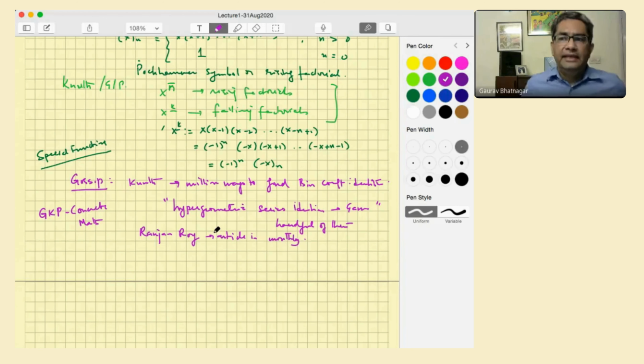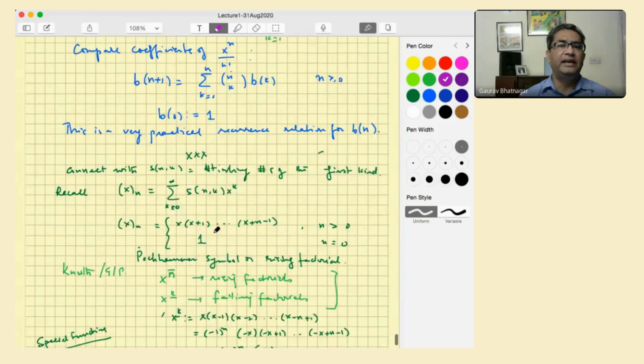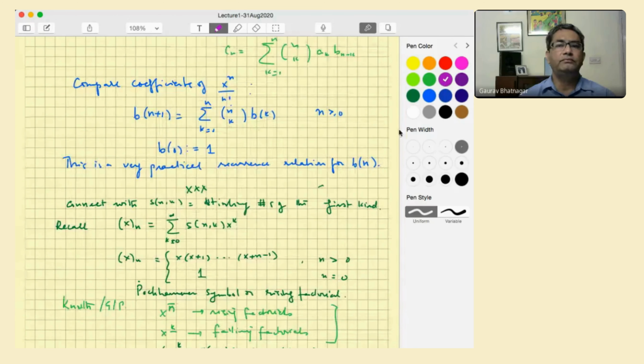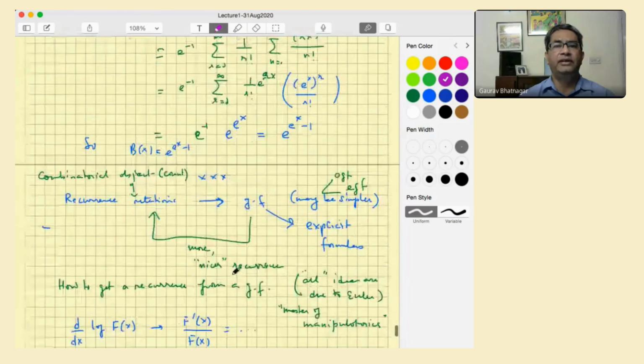So there is some collision of these two words which happened. Combinatorialists realized that when they are dealing with generating functions, they're dealing with functions, and special functions people know a lot of tricks about how to operate with functions. So for example, this trick that I've told you, which is a trivial trick actually,